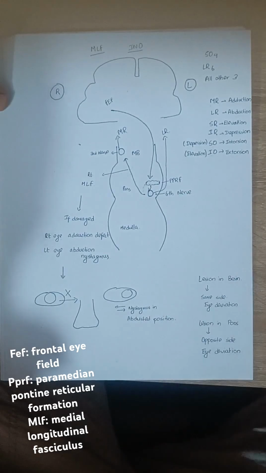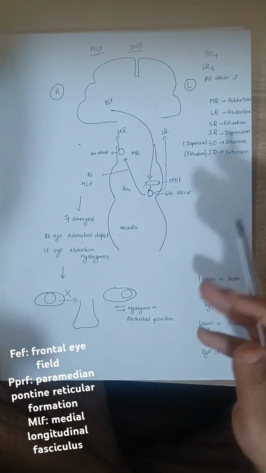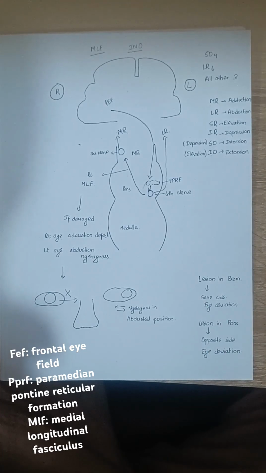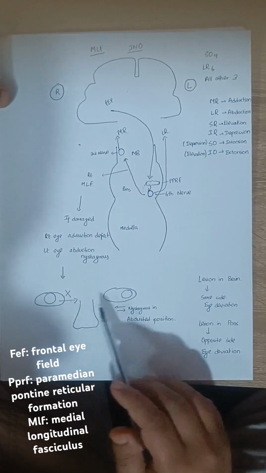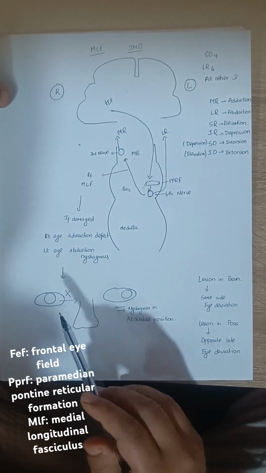I had talked to you about the conjugate gaze movements. That means whenever we tend to look towards the left, our left eye must abduct and our right eye must adduct for us to be able to do that. So that is called the conjugate gaze movements, and that is what occurs normally. But in this case, whenever we tend to look towards the left, our right eye